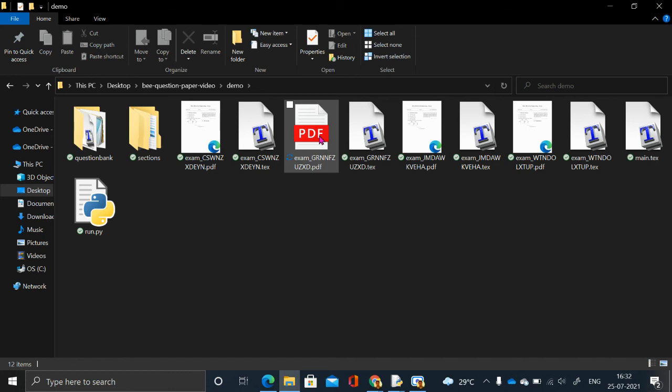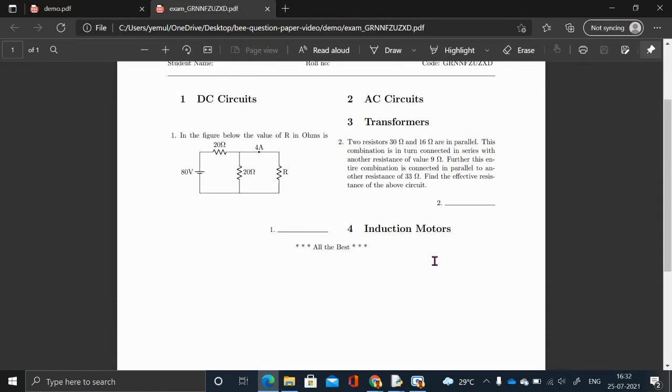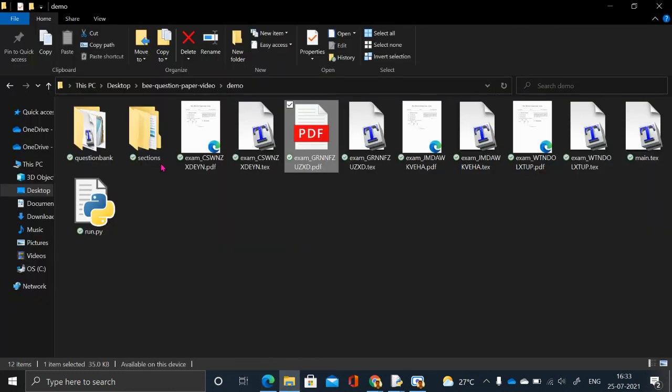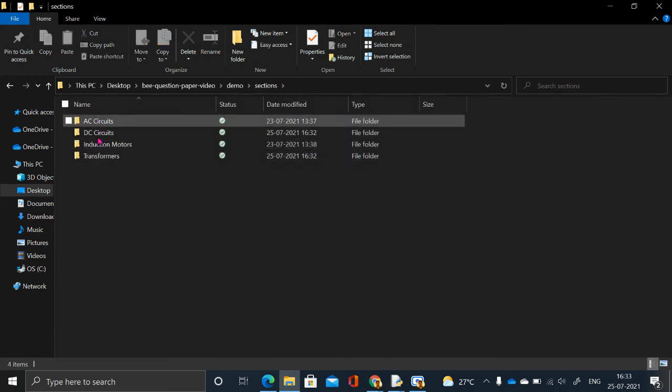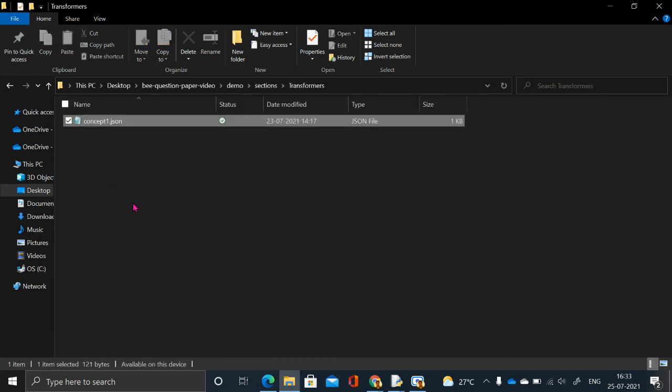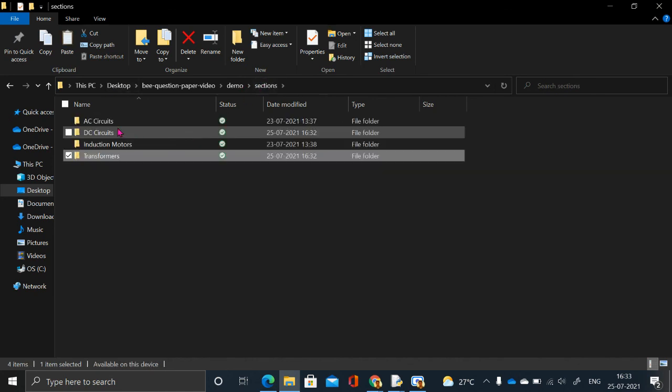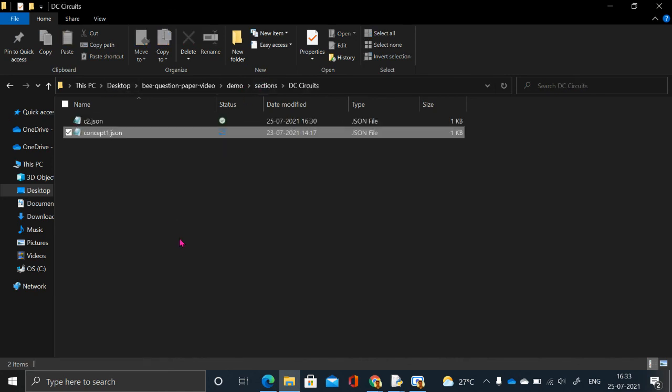So hopefully this one looks like the latest file. In this, what I did, I changed the question from DC circuits to transformers. Then automatically that question jumped to section 3. Yes, of course, the serial number of questions we will maintain, but it jumped to section 3. So just by reorganizing these files, I can reorganize the questions. I'll cut this again and get it back to DC circuits, because that is the correct placement of it.